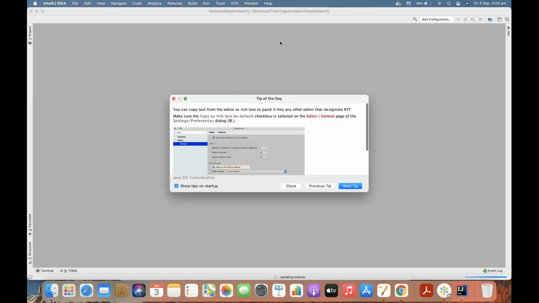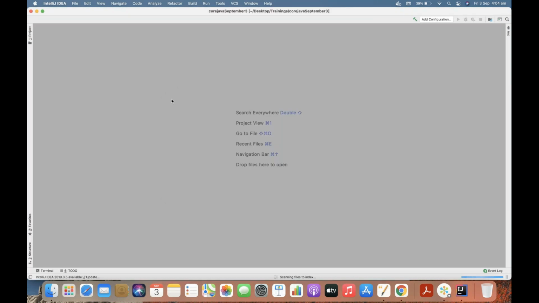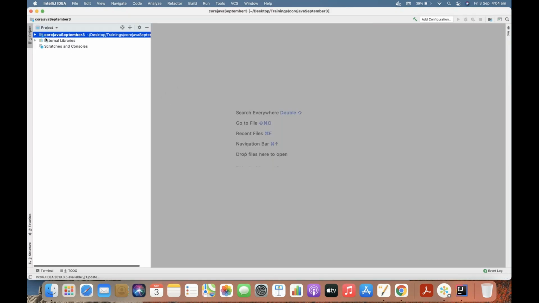Okay. So see, this is the source folder. In the same way, the folder name which you have given will appear here as the root folder. You see a source folder here. This is where we'll be creating new packages and classes. Currently, I just want to create a new Java program.